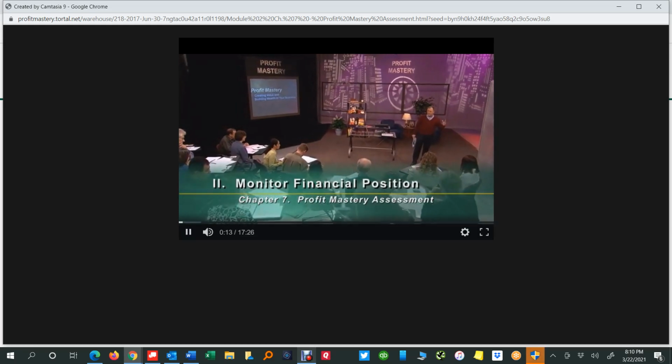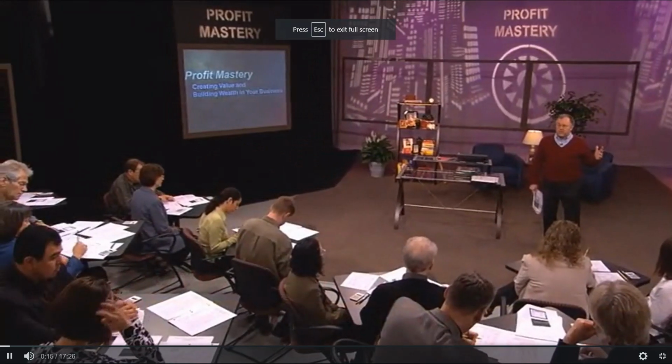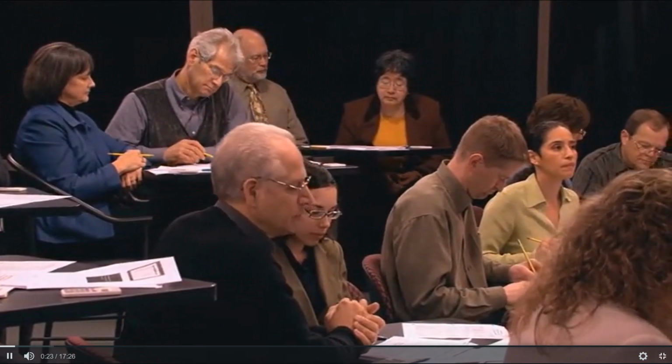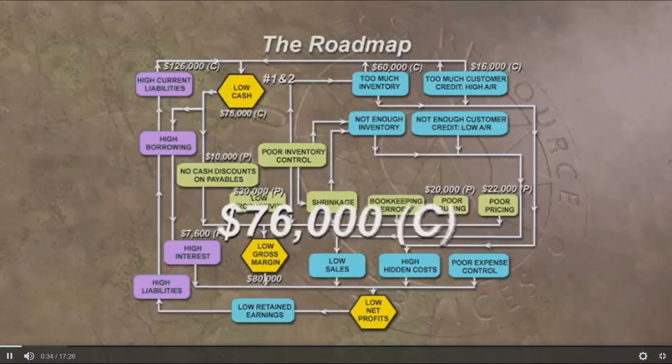Roadmap in terms of what we found from Cascade, and make sure we're on the same sheet of music here and pull it all together. So we started first with our low cash, the symptom of low cash, and how much did we end up essentially saying this was worth? What's leaking out of this? 76. Low cash, $76,000.